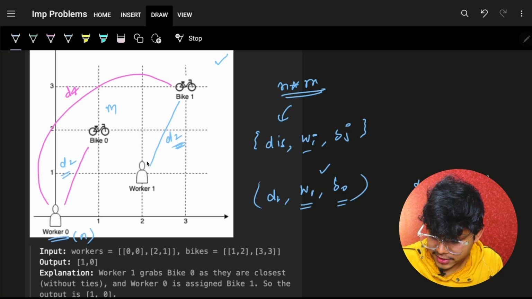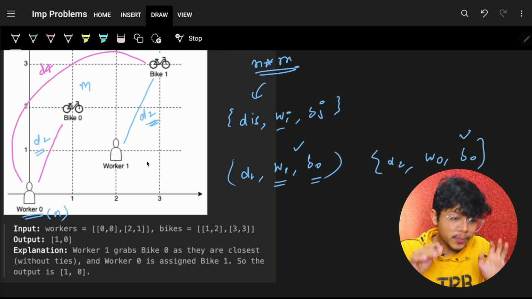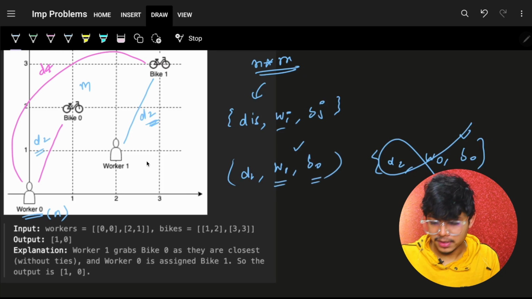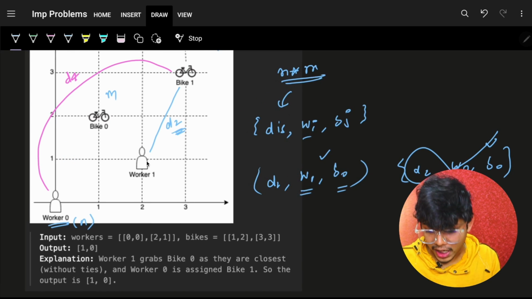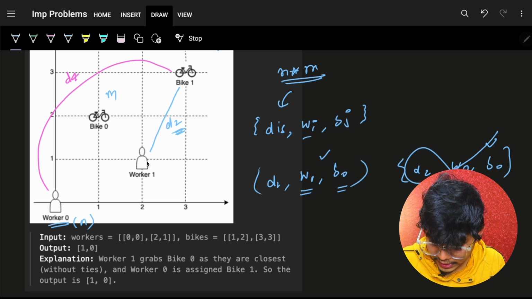I know it is worker 0 with bike 0, but you will see here that bike 0 was already allotted to worker 1, so bike 0 is no longer available. So for sure I cannot pair them up. Okay, cool. This is also gone, since I could not pair worker 0 with bike 0. Cool, no worries. I just go on to my